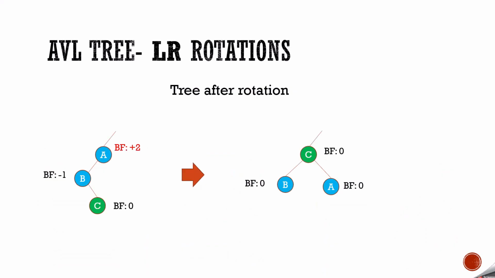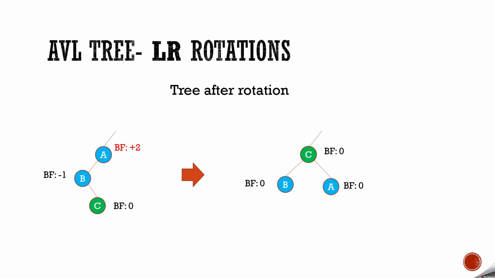Now we'll see how to do the rotations. Before going to the algorithm, let me show you what it looks like after every rotation for three different types of tree. For the first tree, as I have shown you, it is similar to the rotations we have seen in LL or RR rotation, but you see the difference. The grandchild is going to become the root, B is going to remain as the new left child of the root, and A is going to become its right child.